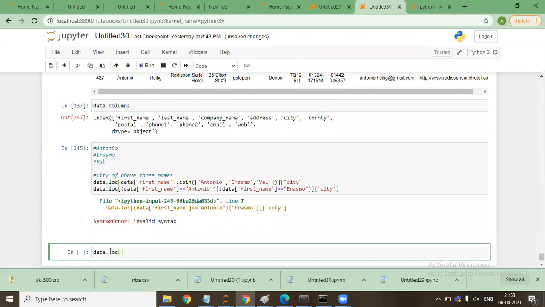But when I use any built-in function like is in or any other function, say str dot endswith, it is a function, so it should come in round brackets. This is basically the usage of the function, which we call with parentheses, round brackets. But whenever we are using the functionalities to access the data frame, it should be in square brackets only. Okay, sir, understood. Thank you.